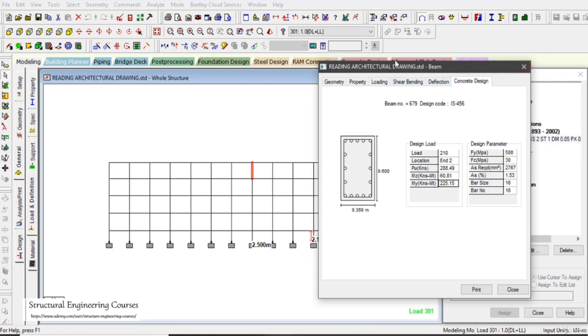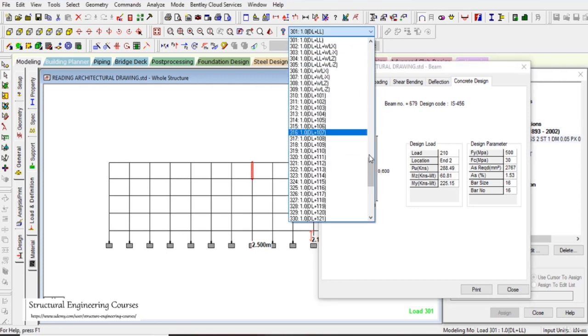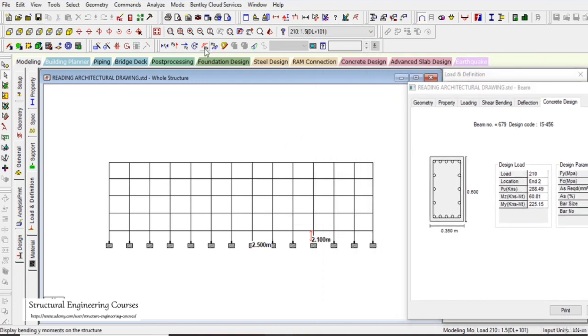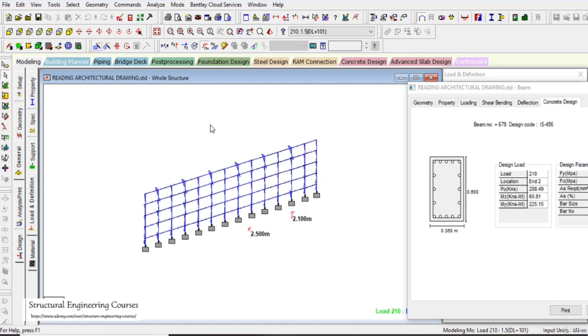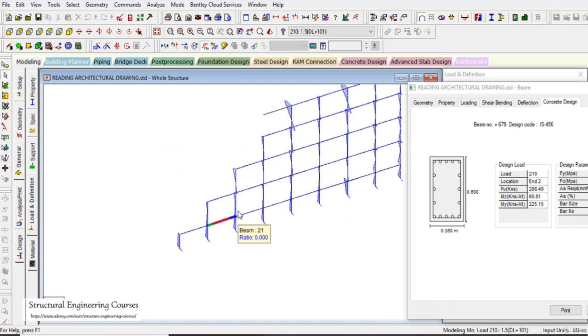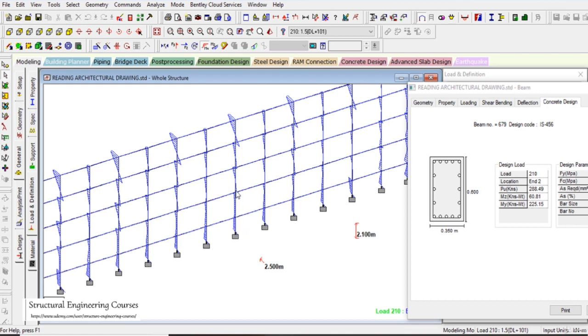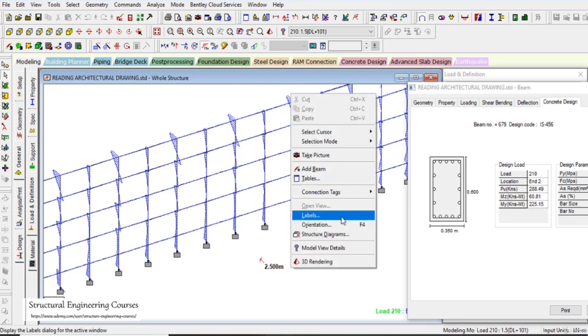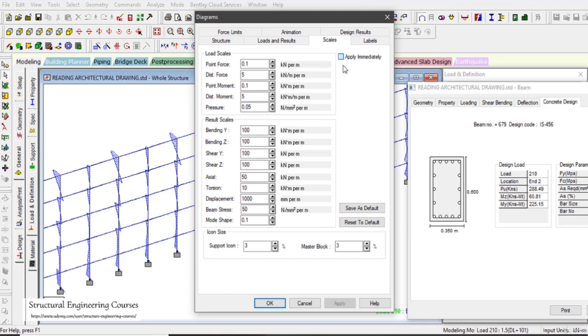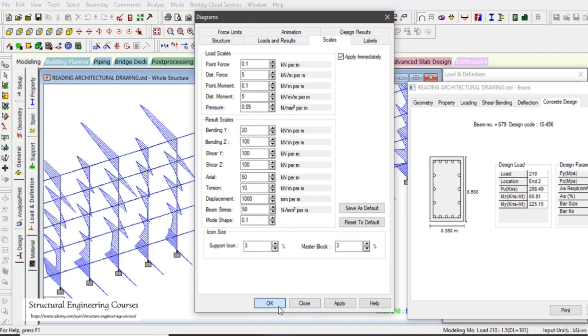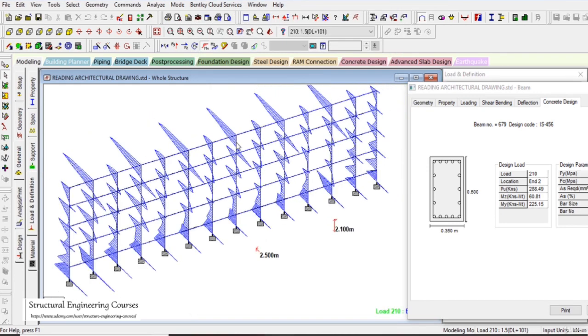So if we want to again check here, let us say we select load case number 210 here. So when we switch on the bending Y moment here, we can see that the bending moment MY value is very less here, but abruptly increases at this particular joint. So we can go to labels, scale, apply immediately, and bending Y. So here we can see that it abruptly increases on the topmost point,